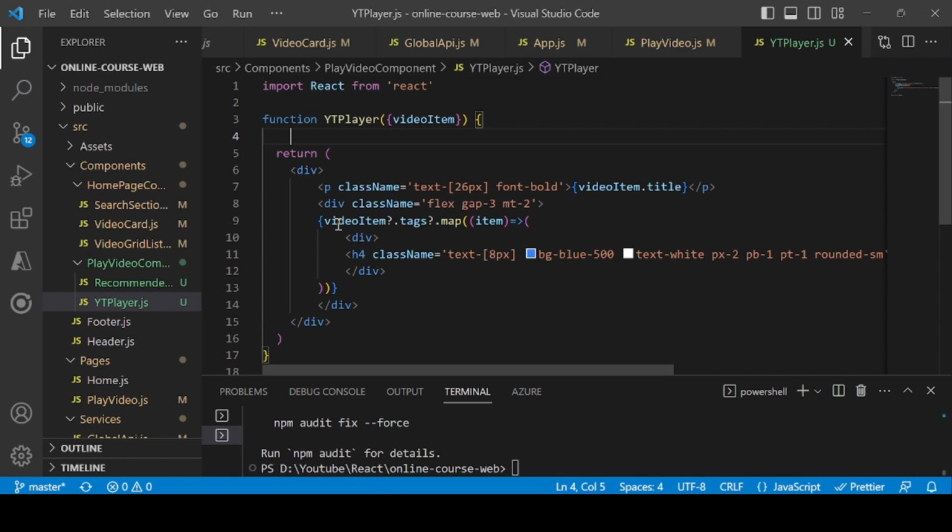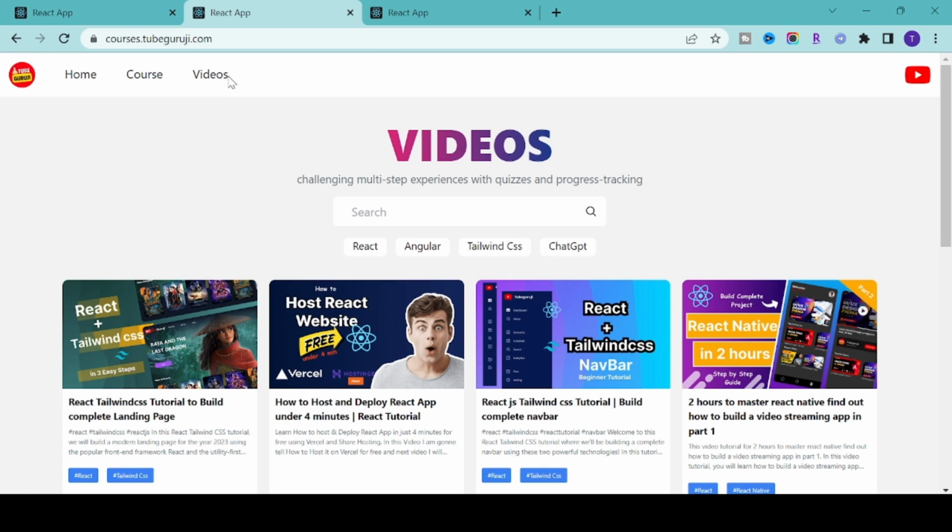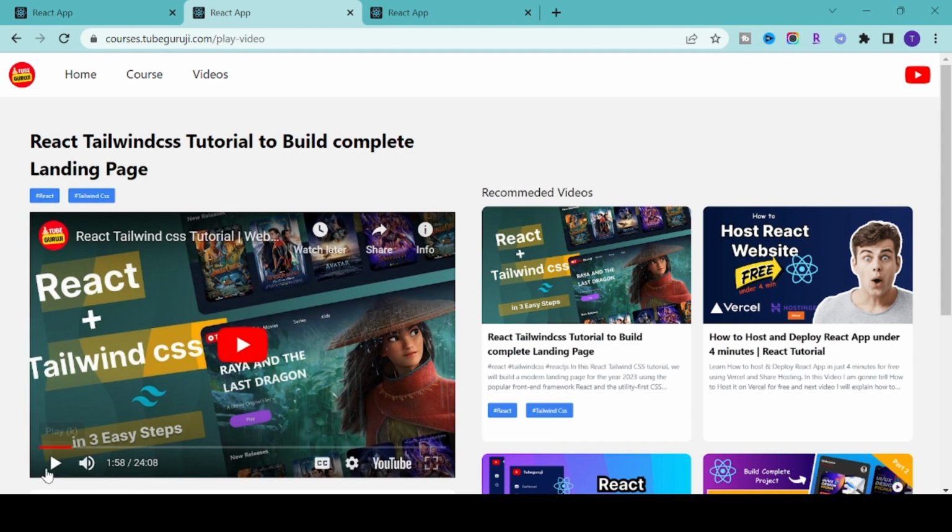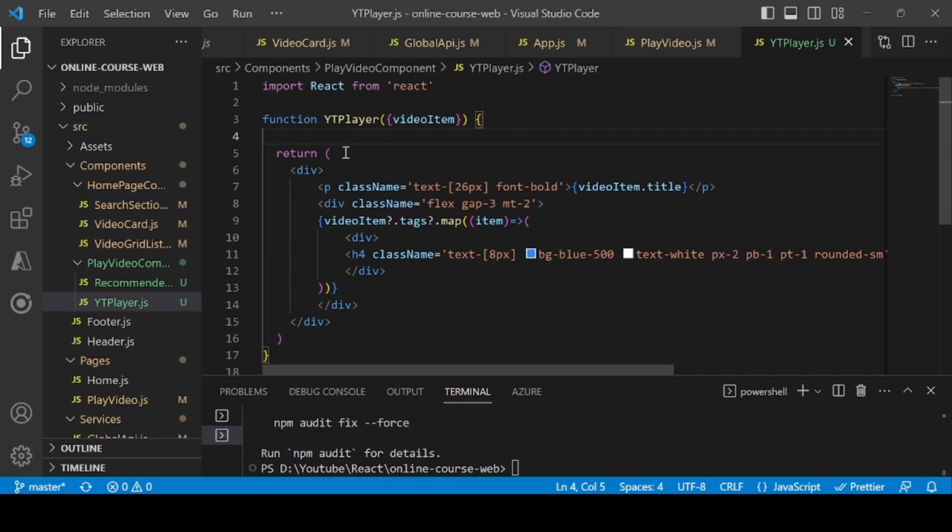Let's add the YouTube frame. Okay, so let's add the YouTube player. In order to add the YouTube player, we are using the iframe and we are passing the URL in the iframe. So let's go back here and